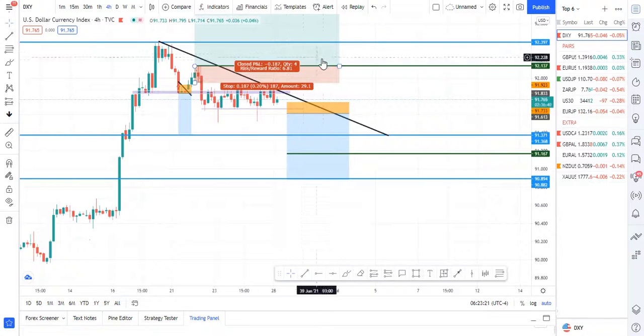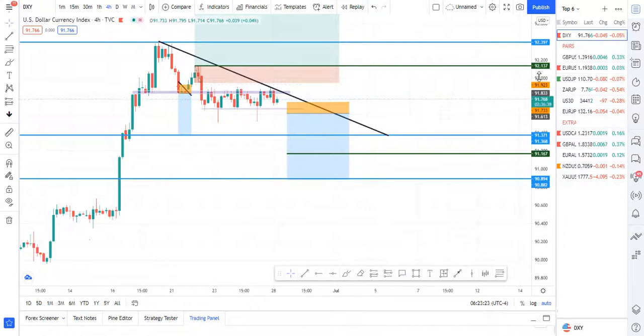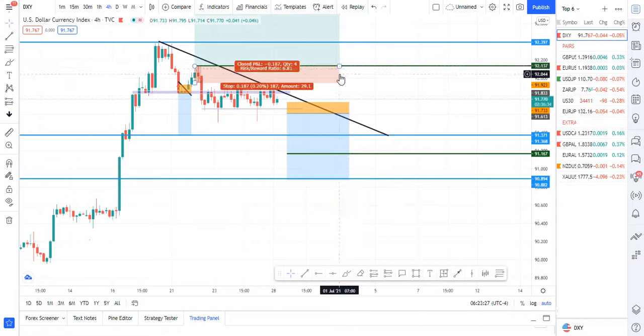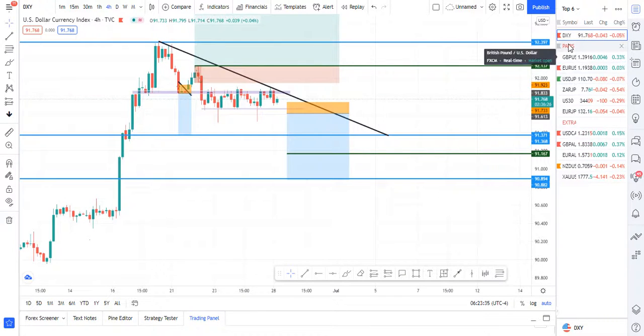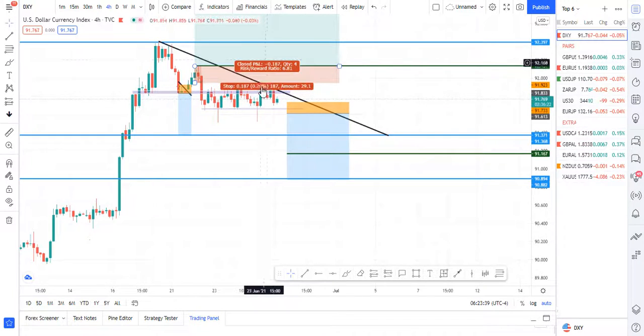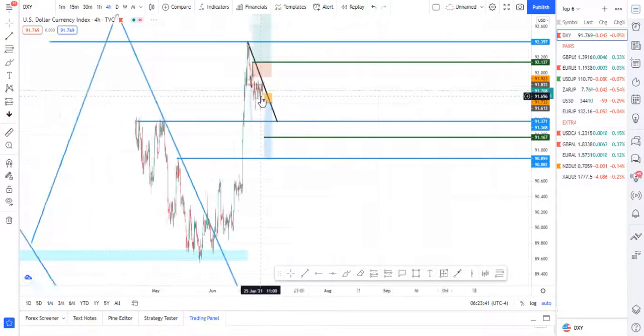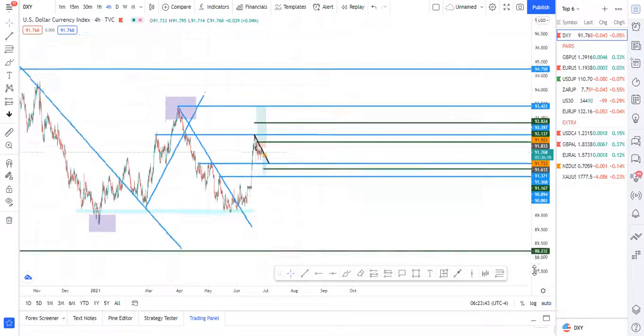I'm going to use these levels so that when price gets to 92.137, it's confirming to me that the US dollar is going to continue gaining strength. And when I'm at GBPUSD, EURUSD, I'm going to sell. USDJPY, I'm going to buy. And if price doesn't break out and it's showing that, okay, no, we want to sell, based on the fact that this trend line, you remember this trend line here, guys,